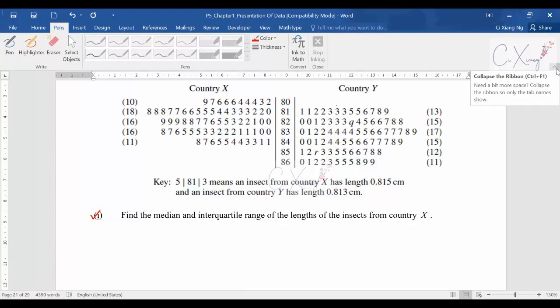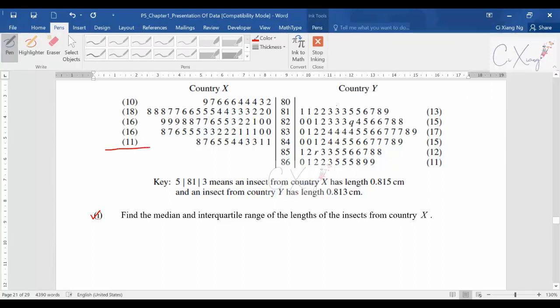All right, so to get the median and interquartile range from X, I want to total up and see how many data I have for country X. So 10 plus 18 plus 16 plus 16 plus 11, I'm having 71 numbers. I imagine that for 71 numbers, maybe for the first set at the beginning of the data, I have 30 data. Oh, sorry, it shouldn't be 30, because 30 plus 30 is only 60. So it should be 35. And then one number, plus 1 means 36, and then plus another 35